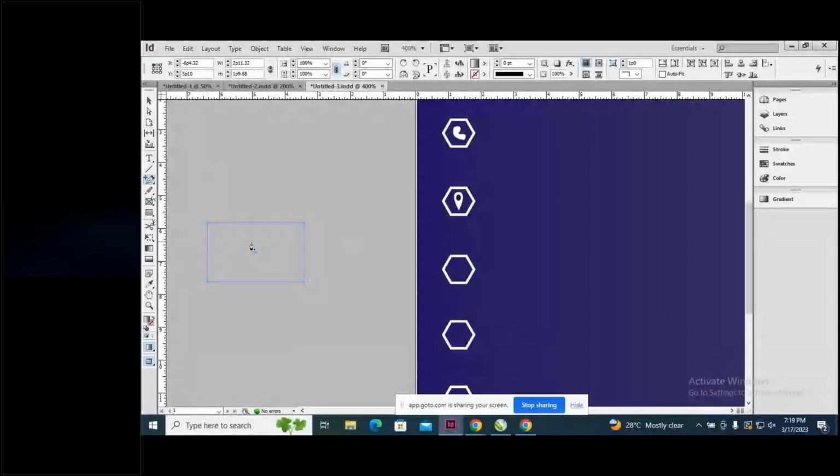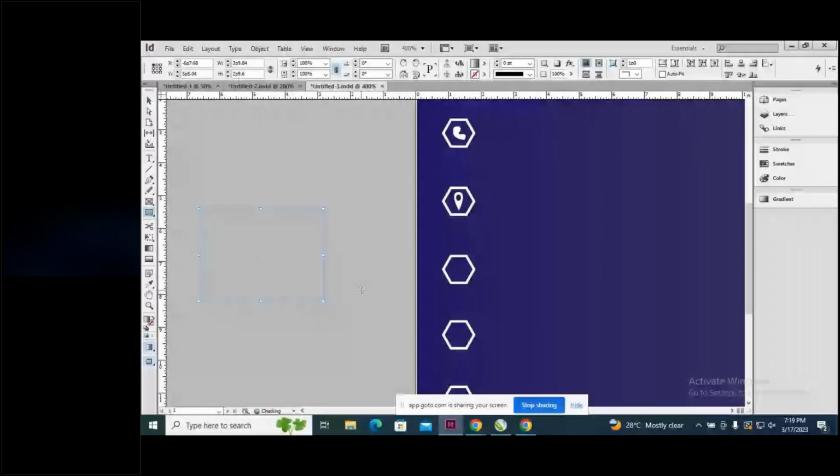So take the pen tool, first take the rectangle like this,